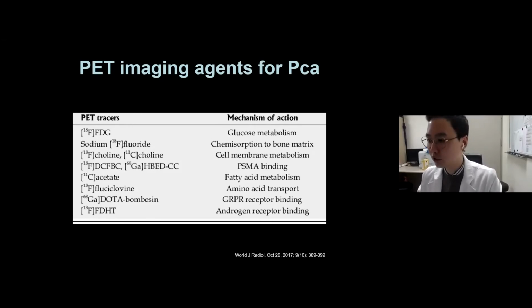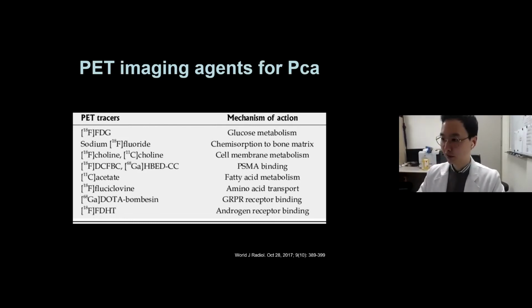They use quite different mechanisms of action: FDG for glucose metabolism, sodium fluoride PET for bone matrix and bone metastasis, and choline for membrane metabolism, and more novel tracers like PSMA targeting agents or fluciclovine, which targets amino acid transport. Recently there have also been attempts at using DOTA-bombesin, a GRPR receptor binding agent. And since androgen drives these prostate cells, targeting the androgen receptor has also been used